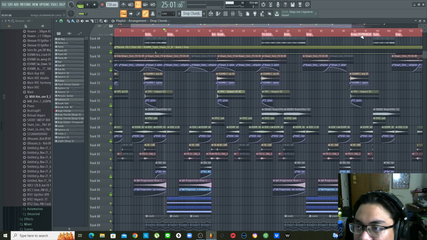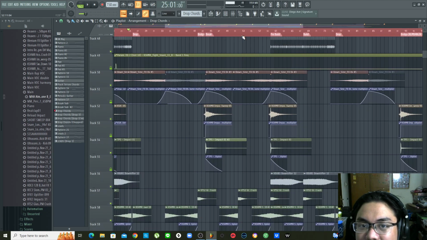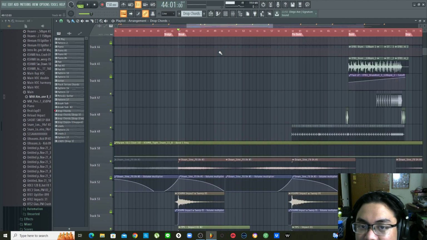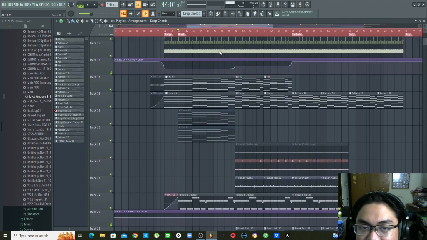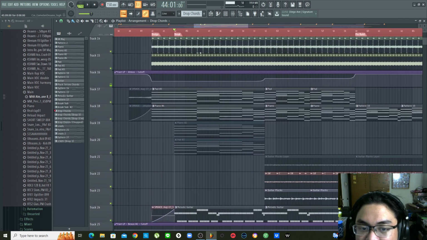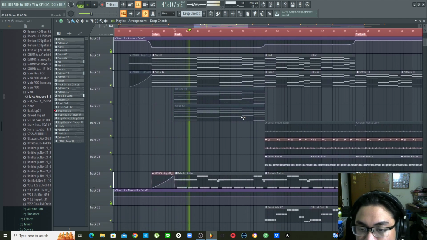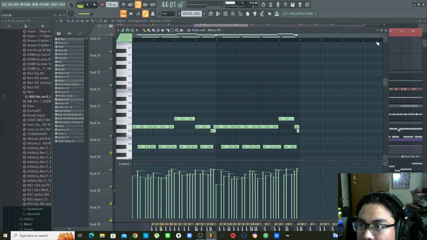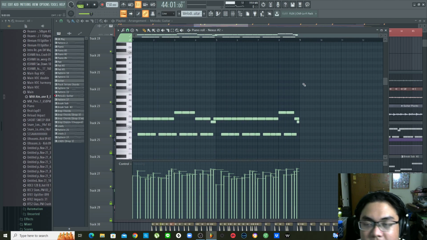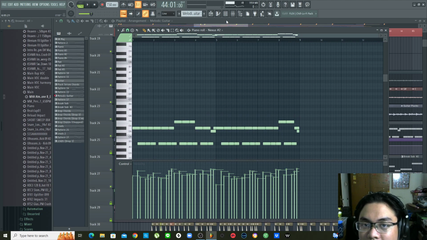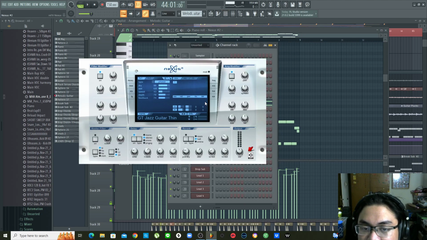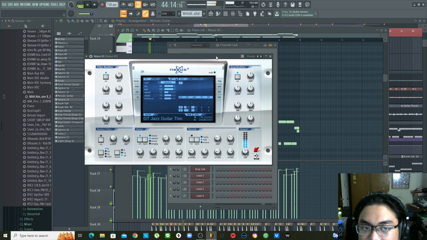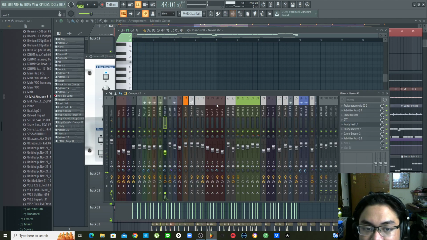The other parts are pretty much similar, except on the second break I added some new guitars. This is what it sounds like. This guitar, which you don't really hear in the first break or the first verse, is just from Nexus. And as for the processing,